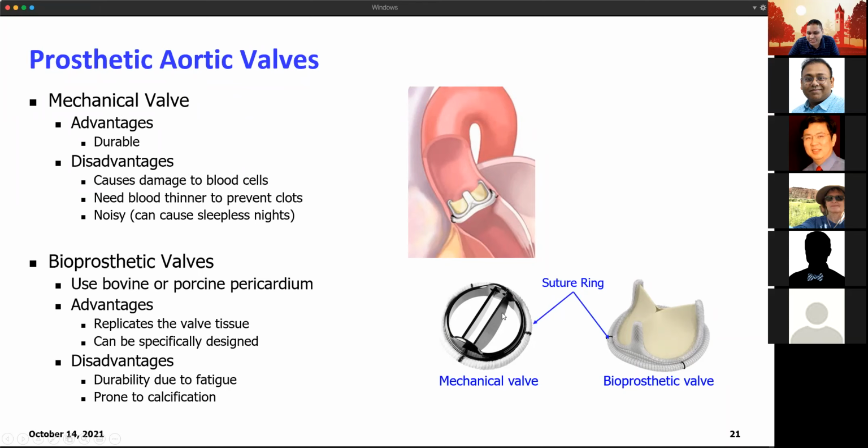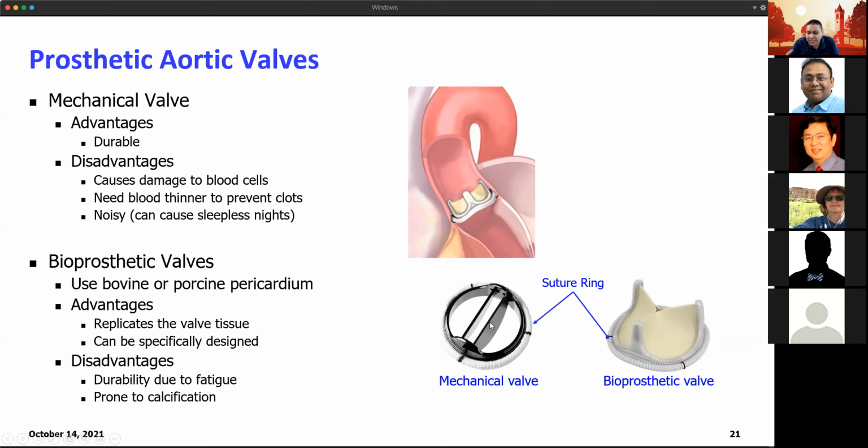One is what is called a mechanical valve, which is basically made up of either titanium or plastic. And essentially this valve opens and closes to prevent backflow. The advantage of a mechanical valve is that it's durable, but the main disadvantage is that these